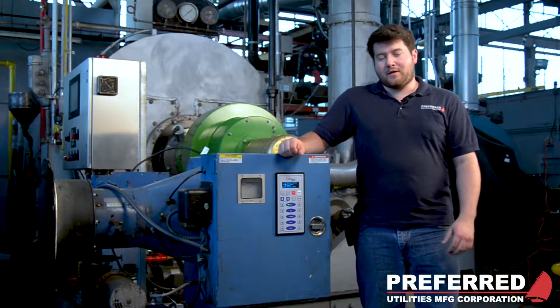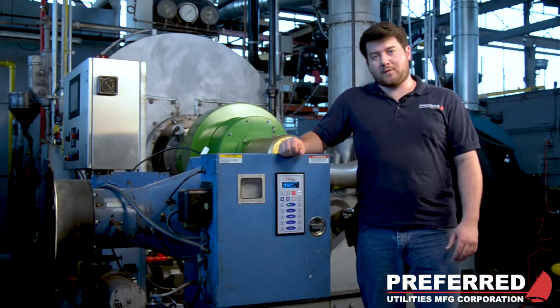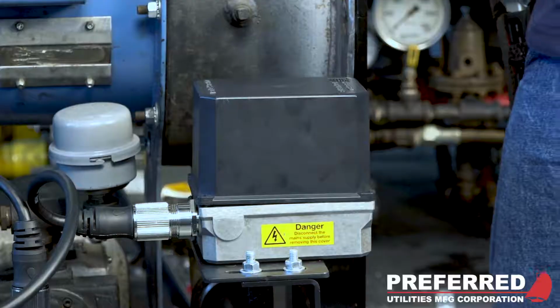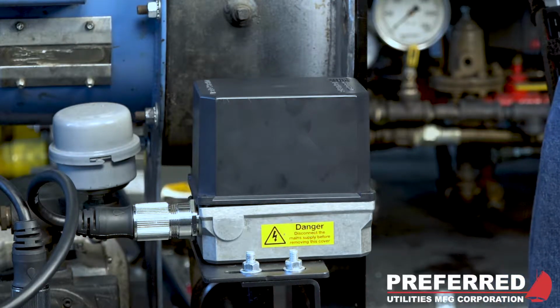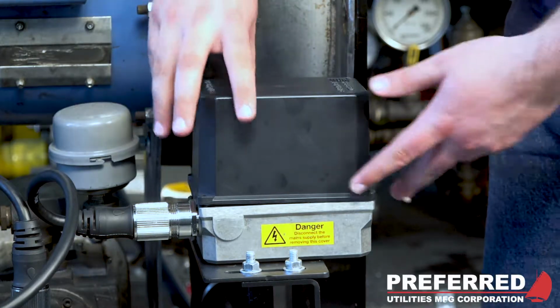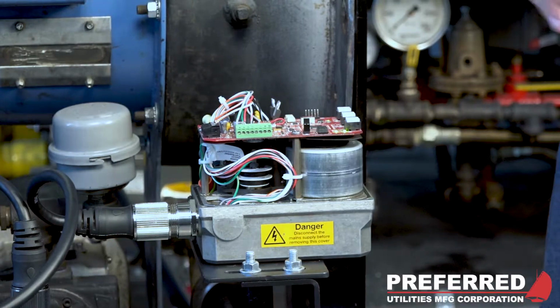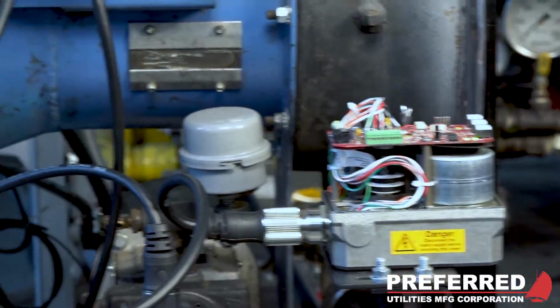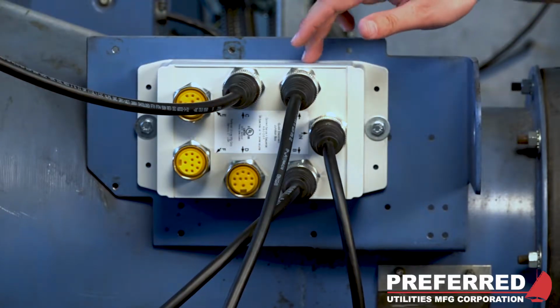Now that we have completed our servo wiring, the next step is to go through the servo setup on the FlexFit controller. The first step in setting up your servos is to address your servos, and to do this we will need to remove this black cover. And to know which address corresponds to which servo, that is dictated by how they are connected into the servo